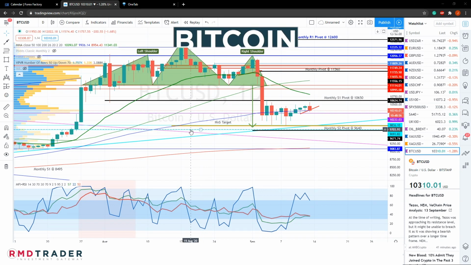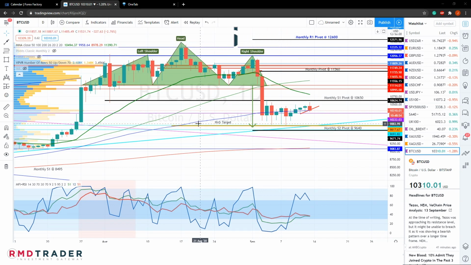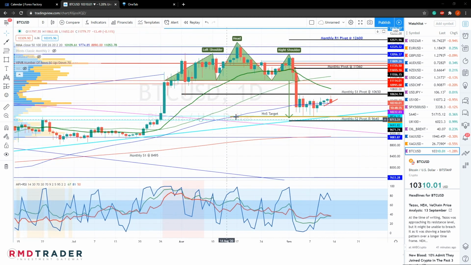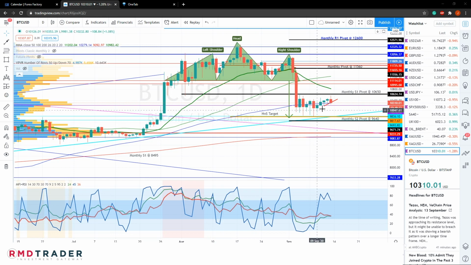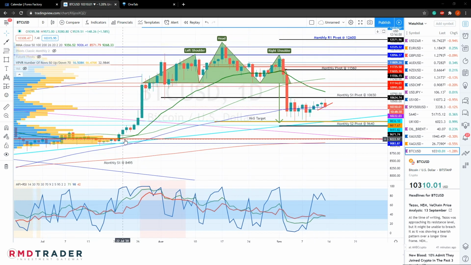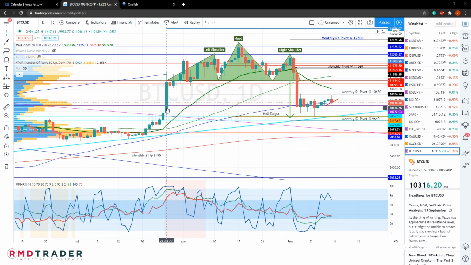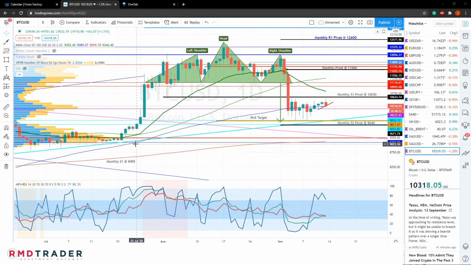And to conclude our weekly market overview, we are looking at the daily chart of Bitcoin. Since the head and shoulders played out 2 weeks ago, we have seen price move into what now appears to be a consolidation. And just looking at the positive of this, it appears that we are still trading in a bullish channel, keeping above our daily 100 SMA. And what we've mostly seen is just a correction of this previous move that we saw at the end of July. But yes, as long as we can stay above this area, and I'd say the area above